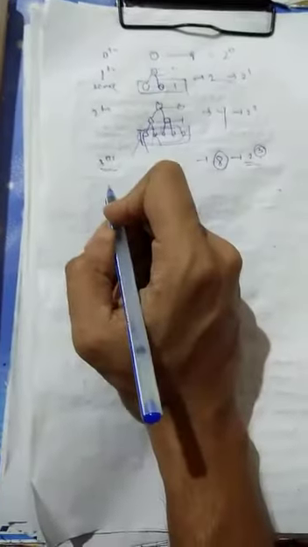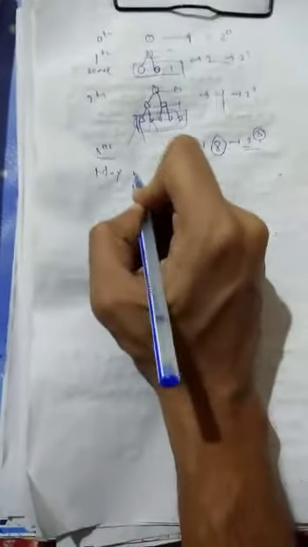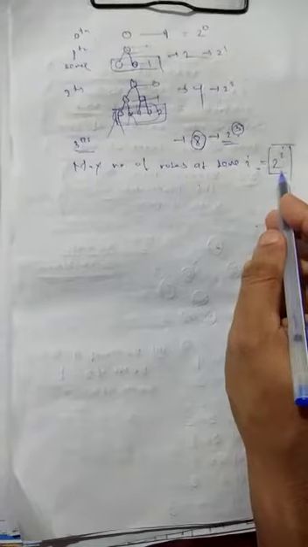Okay, if you generalize this, see here, can I write 2 to the power 0? This is 2 to the power 1, this is 2 to the power 2, and this is 2 to the power 3. That means at a particular level, the maximum number of nodes possible is 2 to the power that level. Similarly, maximum number of nodes at level i, what is the formula? That is 2 to the power i. Maximum number of nodes at level i equals 2 to the power i.